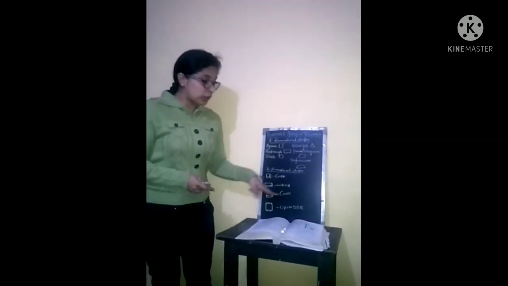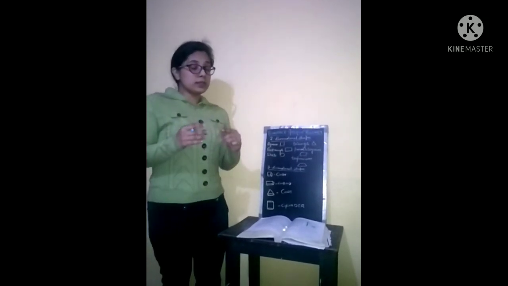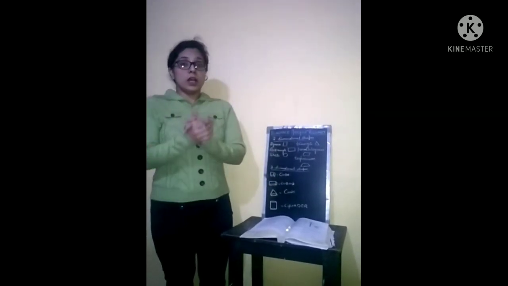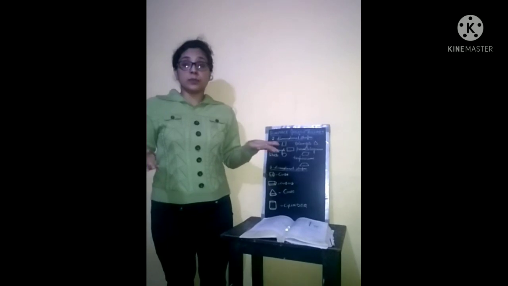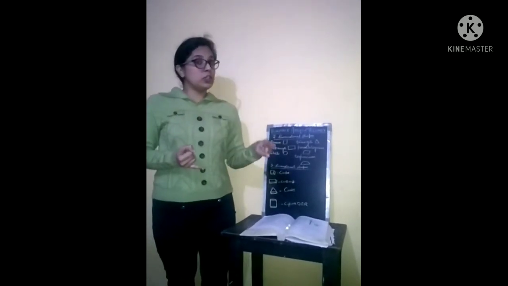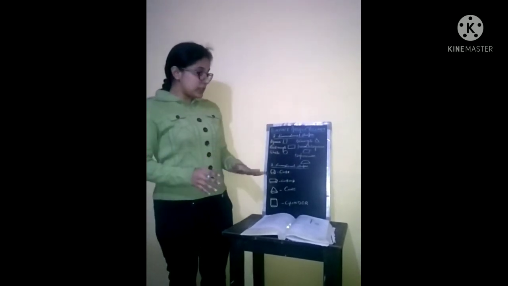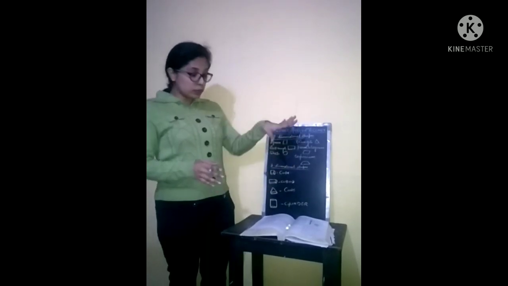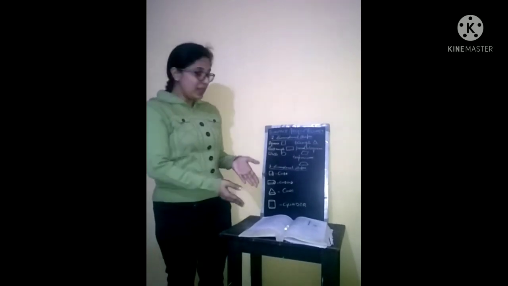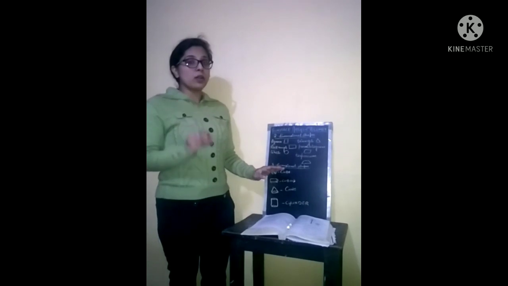If I talk about a cuboid, a cuboid is like a box. If I talk about a room, a room also looks like a cuboid. A room has a length, a breadth, and also a height. Here we have a third dimension also. This is the height. So the basic difference between two-dimensional and three-dimensional shapes is the difference of dimensions. Two-dimensional shapes are plane figures, but three-dimensional figures are not plane figures.